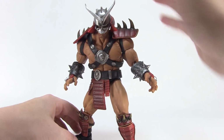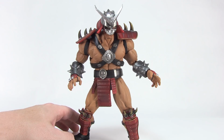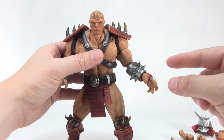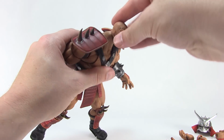So I mentioned the interchangeable head and the interchangeable hands, so just take a look here at all of the accessories that he comes with. He's got a lot going on. So let's go ahead and show you some of that here just a bit. We'll go ahead and start with the interchangeable head. So he comes with just a standard head with kind of a very frowny face. So we can pop that right off that ball joint like I showed you a second ago,